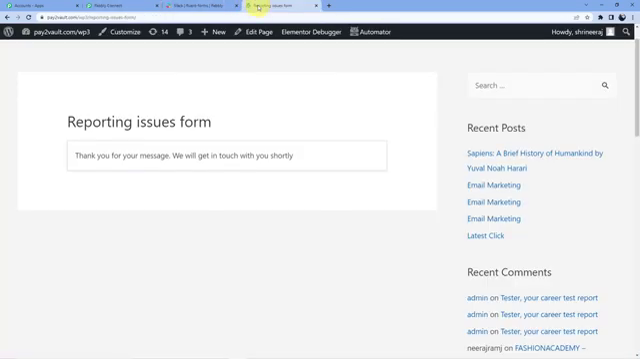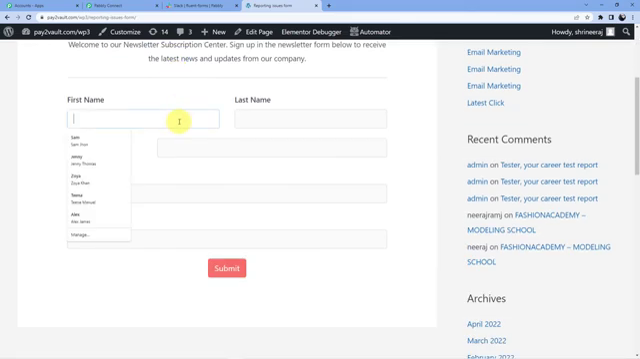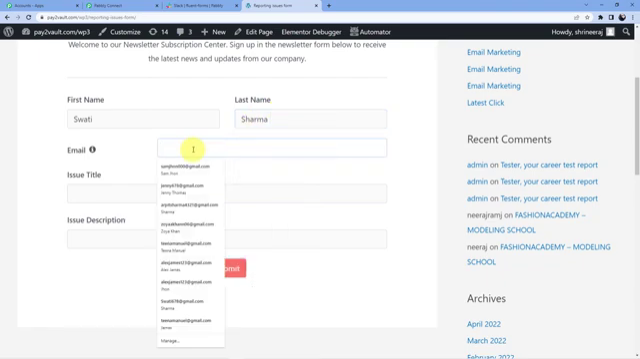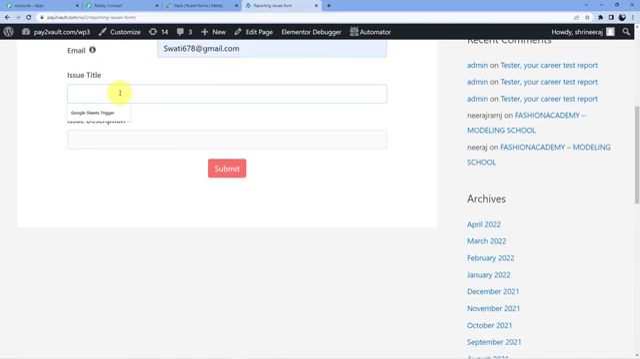Now let us test this automation once again by creating a new submission. So here we have Swati. First name is Swati. Next name is Sharma. Email is swati678@gmail.com. Issue title: